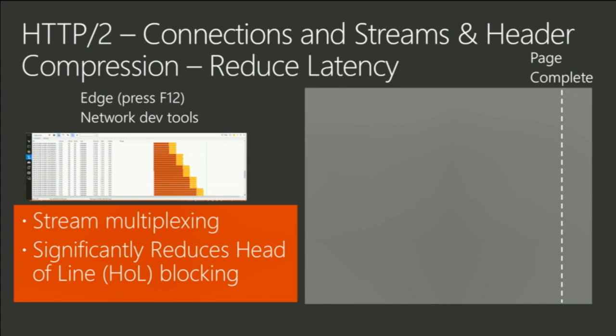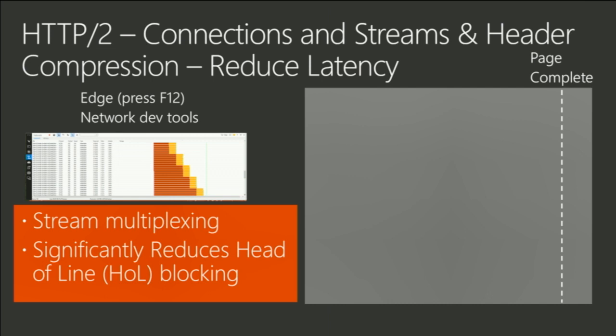Okay, so let's talk about HTTP 2. The problem that HTTP 2 solves was in HTTP 1.1. In H1.1, there's a thing called head-of-line blocking. You go and get an object, and you bring it back, and the browser can't render this yet because it's waiting for another object. Maybe it's waiting for a CSS, maybe it's waiting for a JavaScript, who knows what. But anyways, the user has to wait.